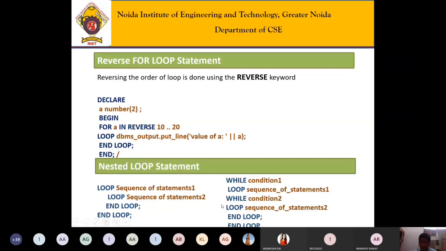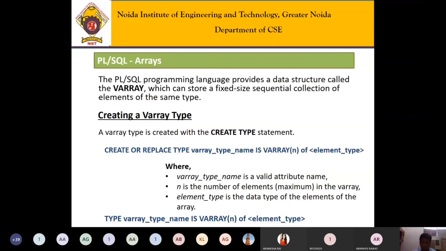See, when we create any array, we have to write create or replace type. Create is used if we want to create a new one, and replace is used when we already have an element and want to replace it. So create or replace type defines an array type element.